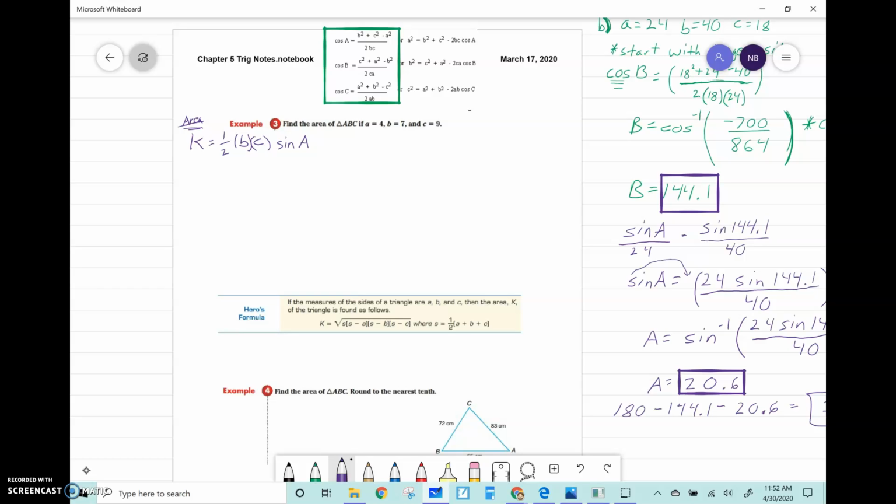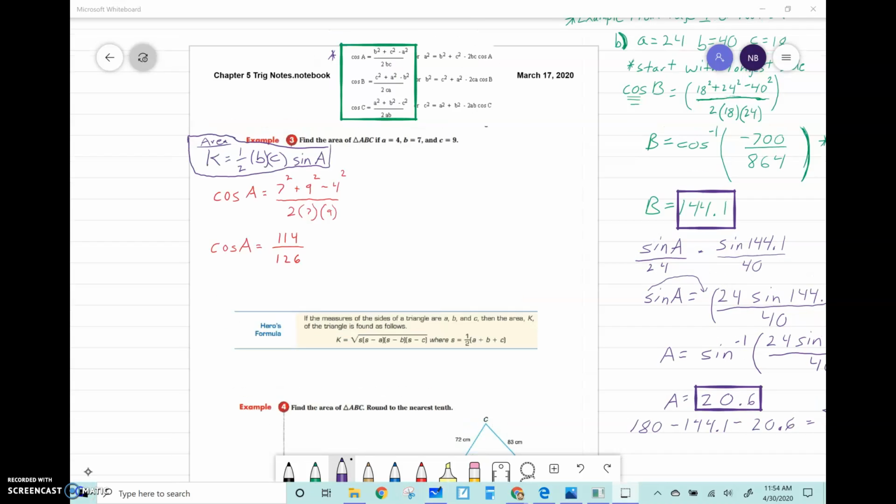So what we're going to do is use this formula up here, and we're going to type it in exactly as is. So I've taken cosine A and I've filled in for my sides. Now remember, you need to solve these exponents and multiplications so you can get down to just a fraction. So we're at the point now where we have the cosine of angle A equals